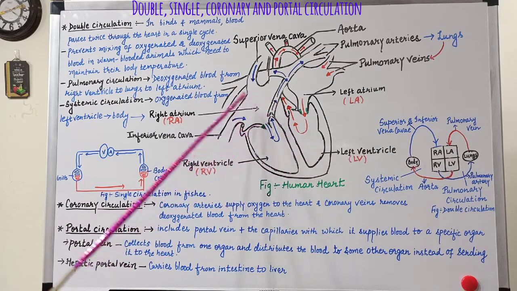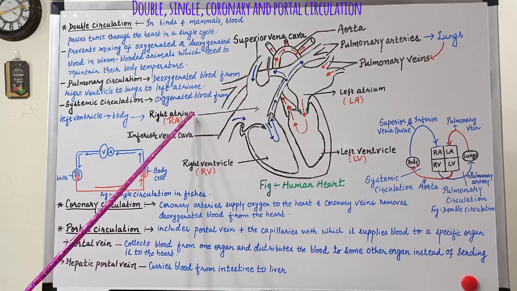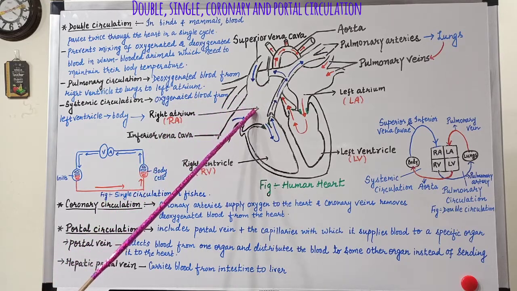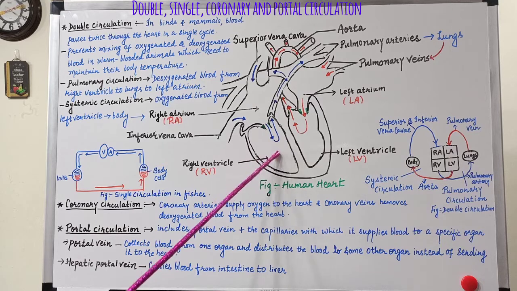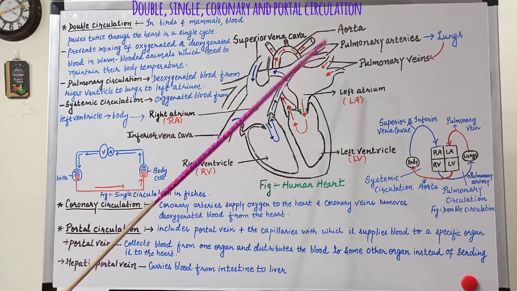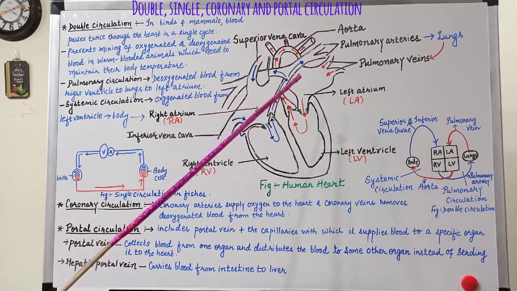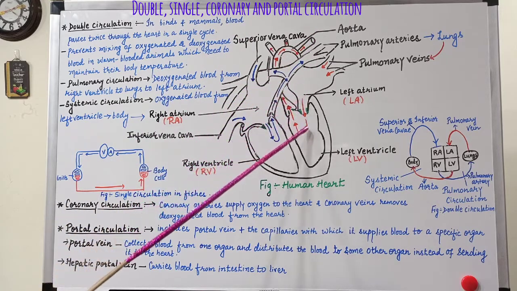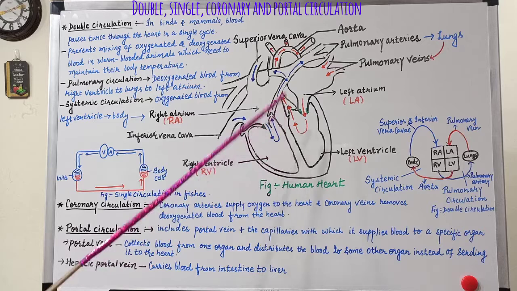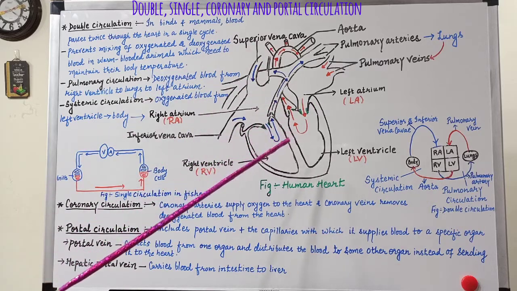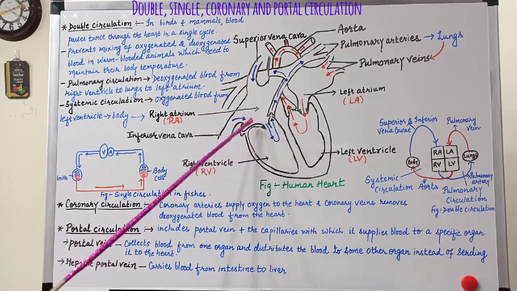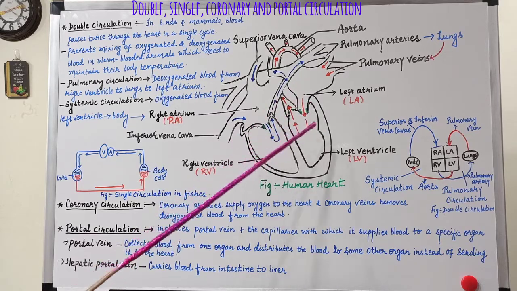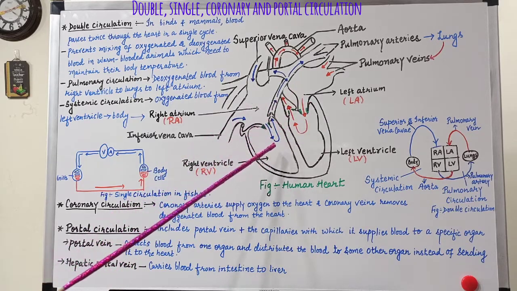So what happens in reptiles and amphibians? Right atrium takes the deoxygenated blood from the body, it comes to the ventricle, from the ventricle it is given to the lungs or gills or skin for purification. The purified blood comes to the left atrium and this purified blood comes to the ventricle. So in the reptiles and amphibians what happens? This ventricle contains both the deoxygenated blood and the oxygenated blood. So there is slight mixing of blood in these organisms.